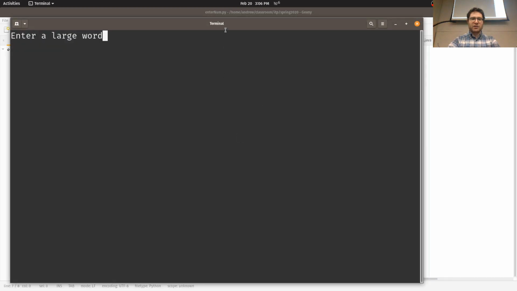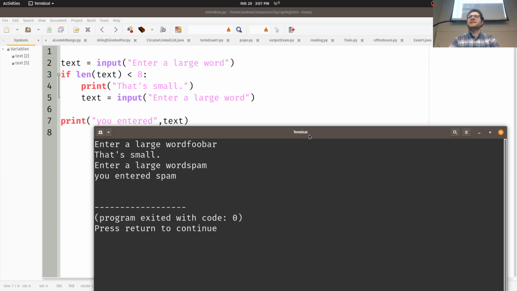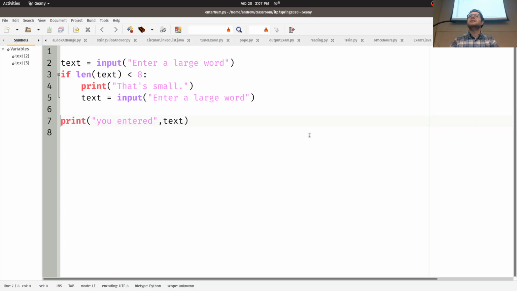So I just enter a large word. Foobar. That's small. Enter a large word. Spam. You entered spam. It's not a large word, but I entered it anyway because an if statement only activates once. Make sense so far? So if I replace this if with a while,